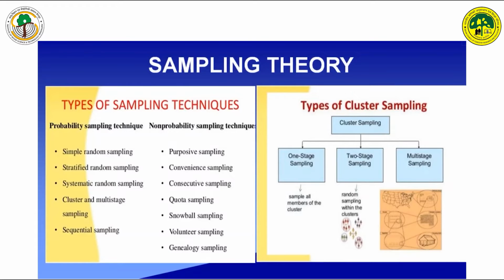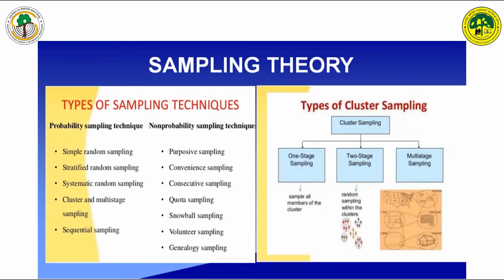That's the probabilistic sampling techniques and non-probabilistic sampling techniques. Probabilistic sampling technique, simple random sample. You want to test the rice when you go to the shop. You are just going to take a small amount of rice and check it. But we don't know, the top of the rice could be good and the bottom of the rice may not be. So simple random sampling cannot hold good.